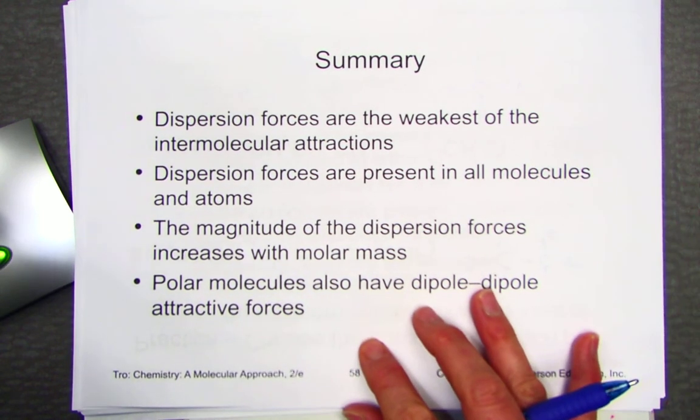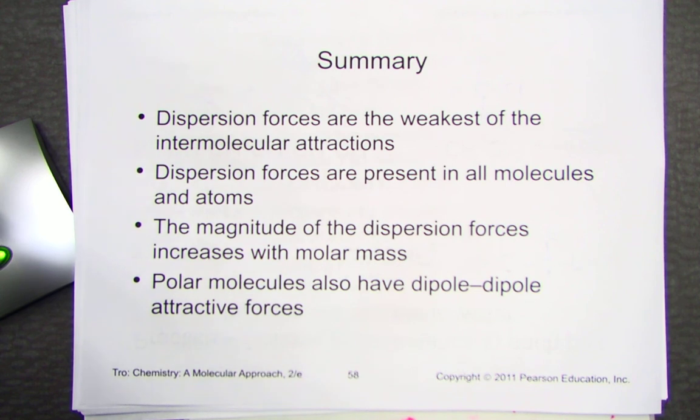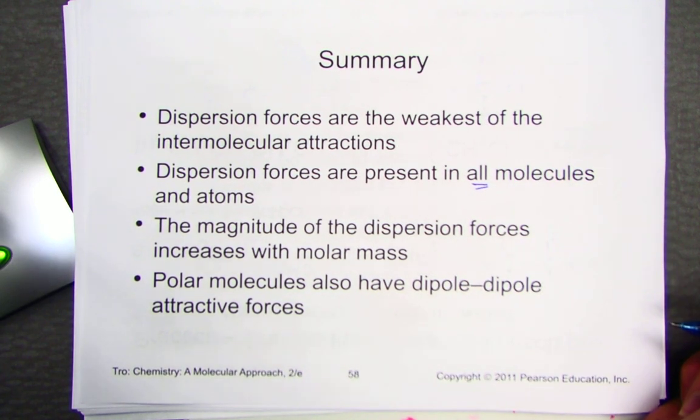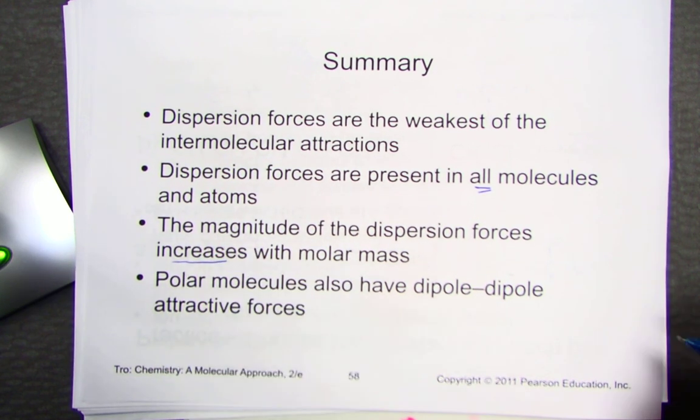So in summary, dispersion forces are the weakest of intermolecular attractions. Dispersion forces are present in all molecules. The magnitude of the dispersion forces increases with molar mass. Polar molecules